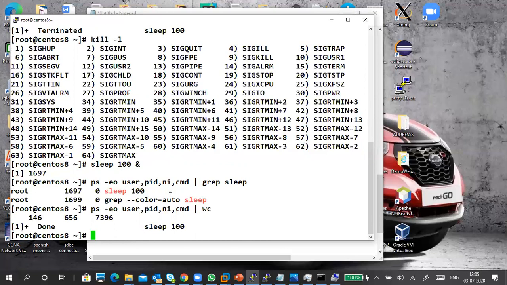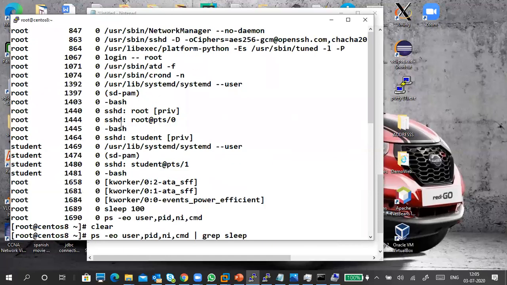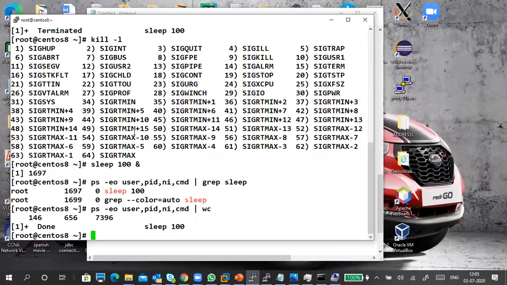So here my point is, whenever I use only this command, it will show all output, all the lines. So I want to grep it. Grep means filter command. If my pattern text matches, that line will be displayed. For example, I put SSHD. I will show you this: grep SSHD.